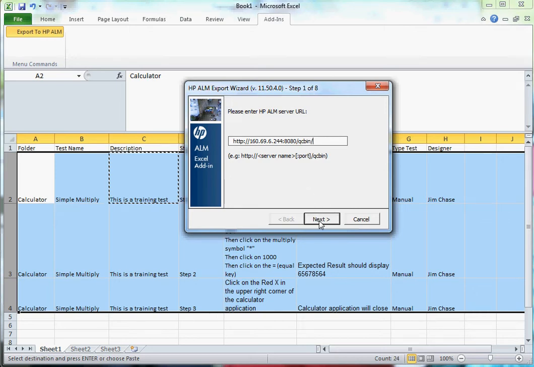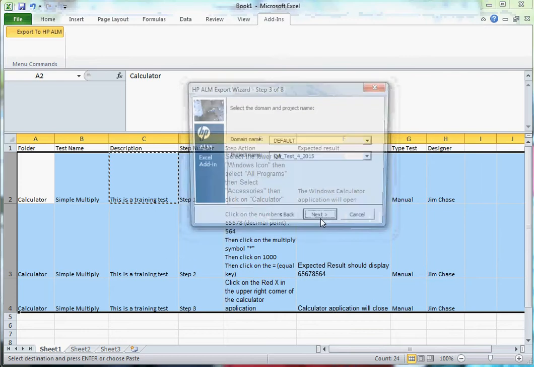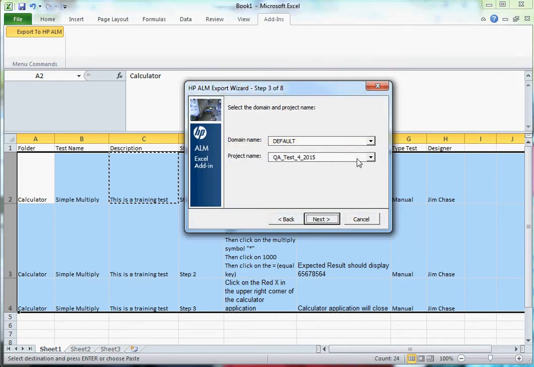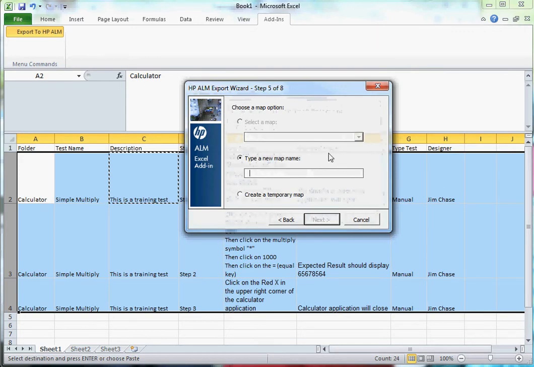So at this point, specifying the URL that our Quality Center server runs on, and then entering your user ID and password, logging into the project, selecting the project you wish to load your tests into, and then specifying what it is you're uploading. And for this example, we're doing tests. And then for the sake of this example, we'll create a new data map. So this is a demonstration,